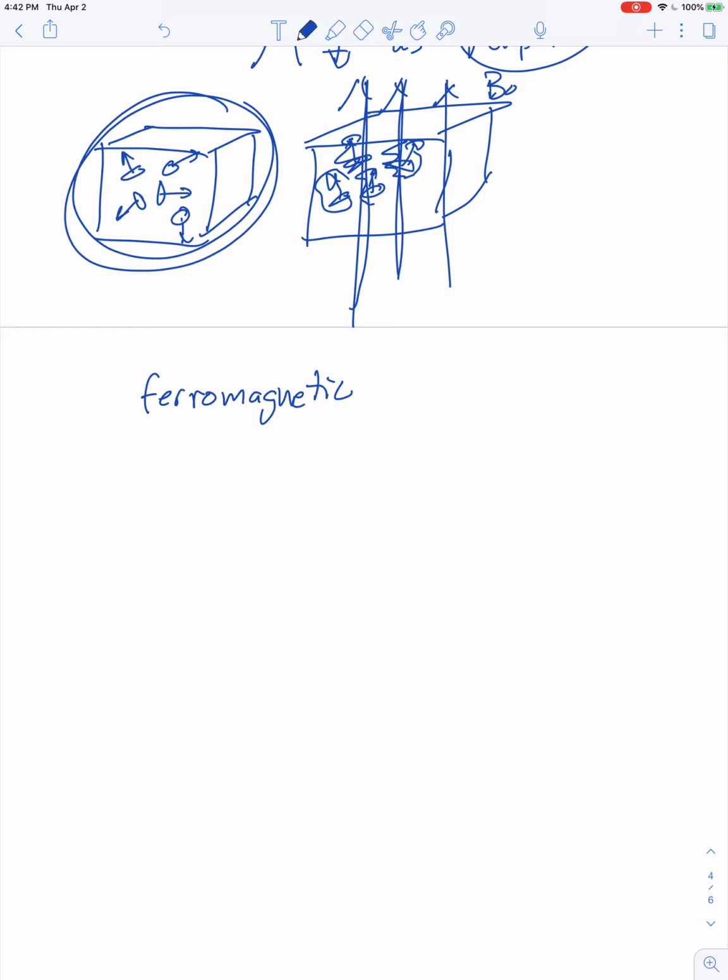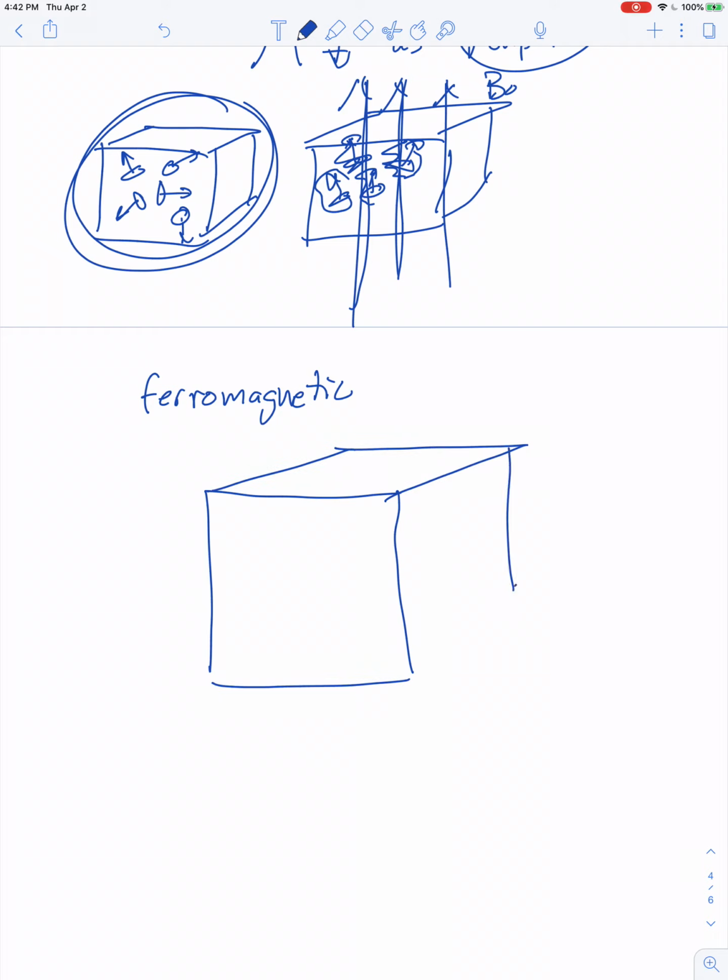And in ferromagnetic materials, you have atoms that don't need an external magnetic field to align. They just start to align with each other. So for example, if this atom right here has a magnetic dipole moment, mu vector, pointing in that direction, then the nearby atom is influenced by the magnetic field of the first one, and so its magnetic field points almost in the same direction. And then the next nearest atom